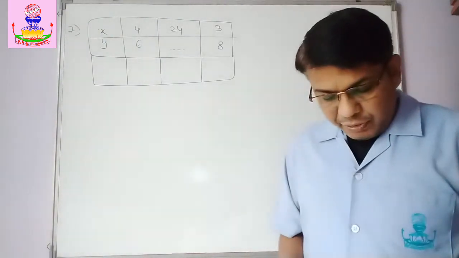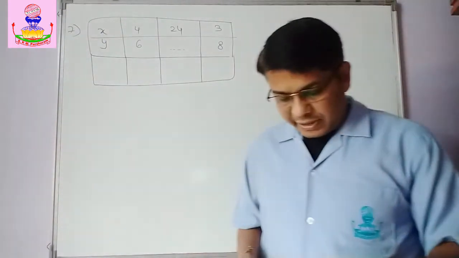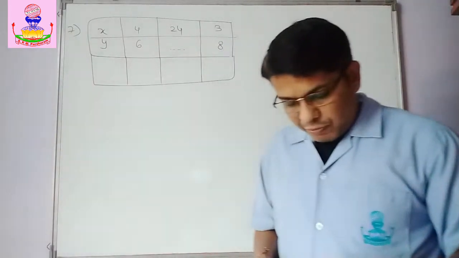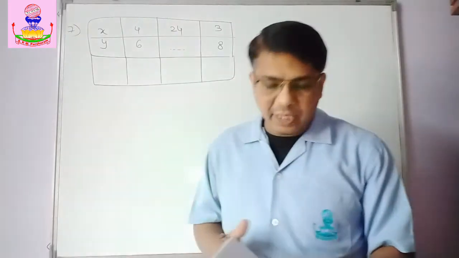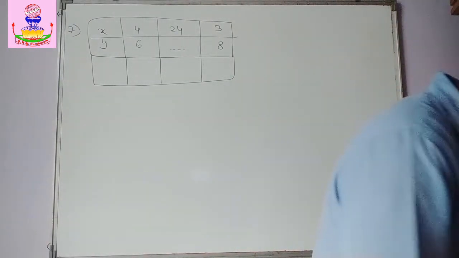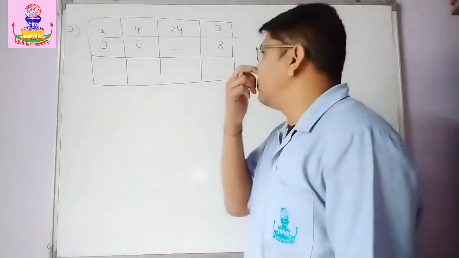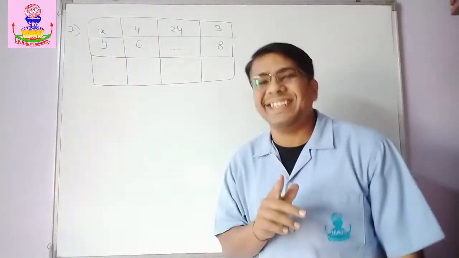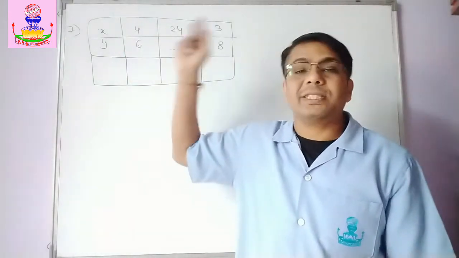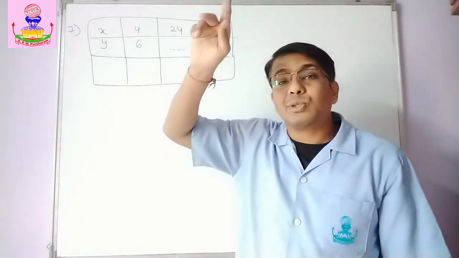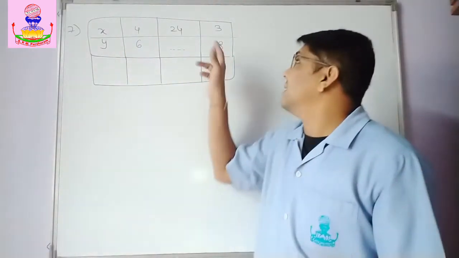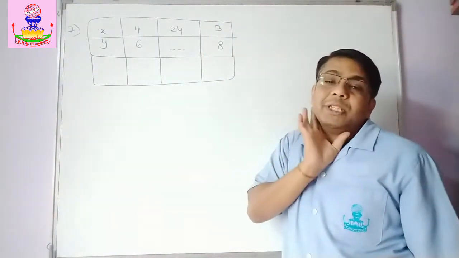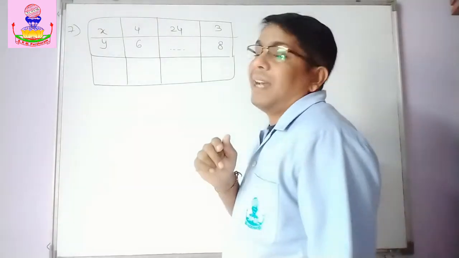Now, see seventh example. From the given values of the x and y in the table, find which kind of variation exists between them. Fill in the blank with the correct alternative. Okay, so we need to find out. Suppose we assume that there is direct variation. And direct variation, what is constant? Yes, ratio is constant. So 4 upon 6. 4 upon 6 means 2 2s are 4, 2 3s are 6. So 2 upon 3. Let us see whether you get here. No. 3 upon 8. So there is no direct variation.